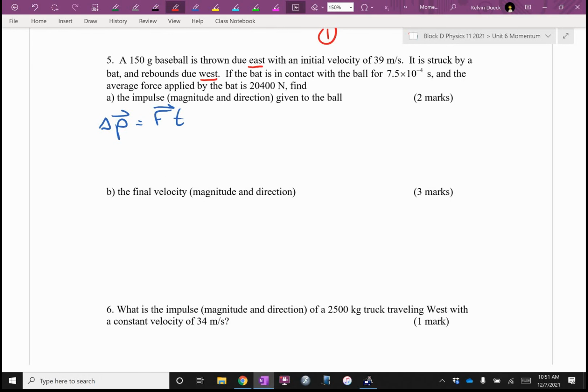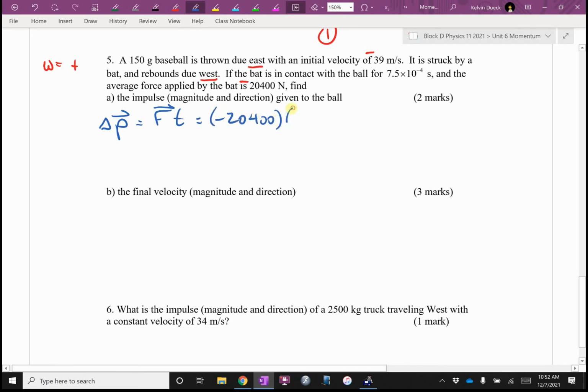Okay, so Kate let west be positive. So that means this is going to be negative. Which way was the force applied? If this ball ended up going west, I think that's negative. I think the force has to be negative. I think the impulse is going to be negative